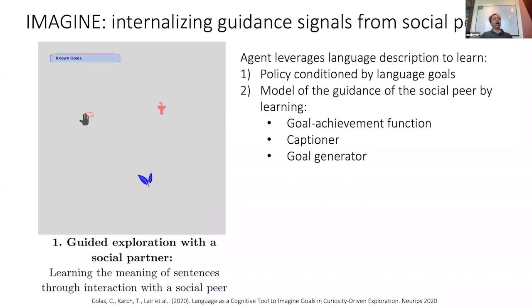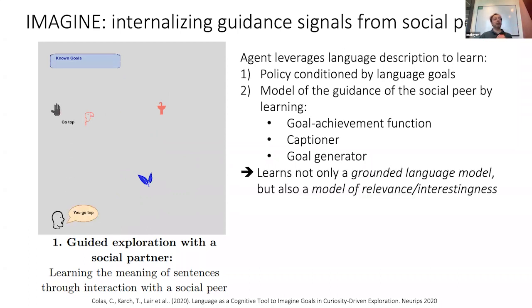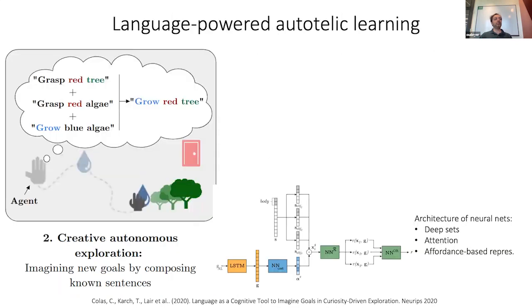And of course, language is also a way to imagine new goals, to recombine the words to imagine new goals. So basically, language is also a way to convey a model of relevance, of interestingness, a model of what's salient in the world from the perspective of the human. We've tried this, and for example, the kind of thing that happens in the second phase is that the social peer is not there anymore, but the agent can now use its internal model of the social peer to imagine new goals. Maybe the social peer in the past